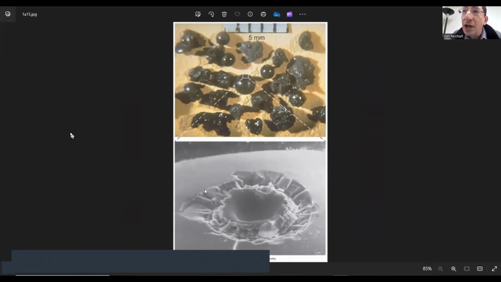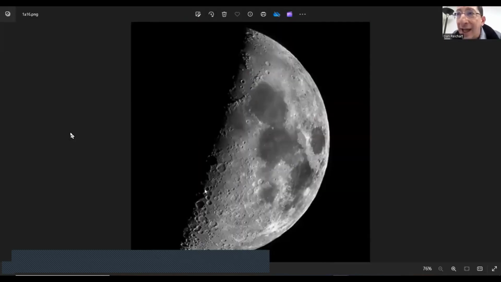Now, this is an example of one of the smallest impacts. The biggest impacts are what are responsible for the maria. Now, these formed about 3 billion years ago. There's still a lot of big stuff floating around the solar system. The first 500 million years was really, really busy, and then it started to taper down as things were thrown into the sun or ejected out or impacted the planets. And when it impacted the moon,